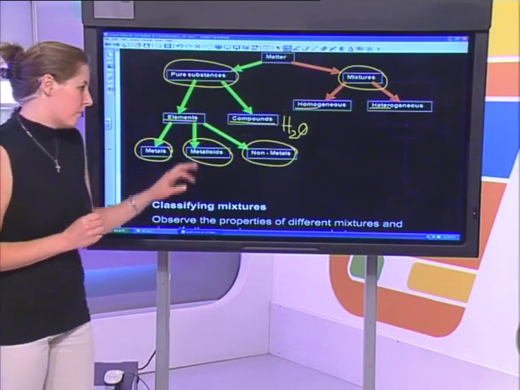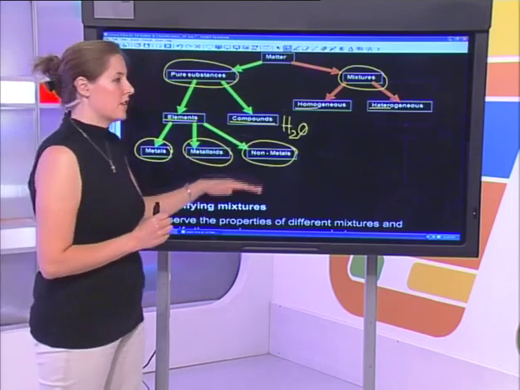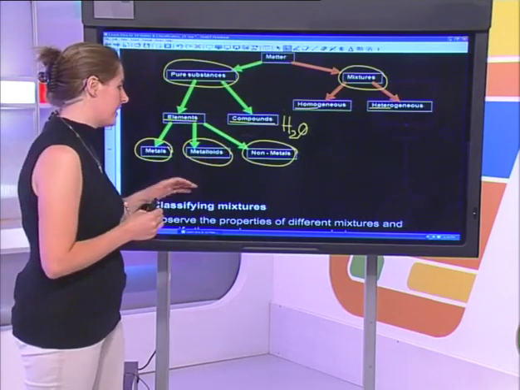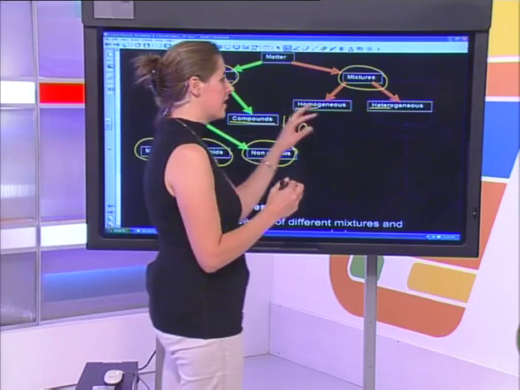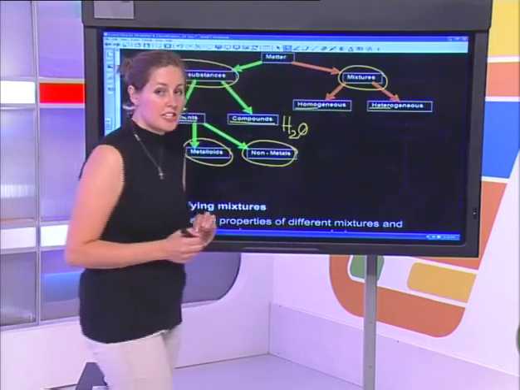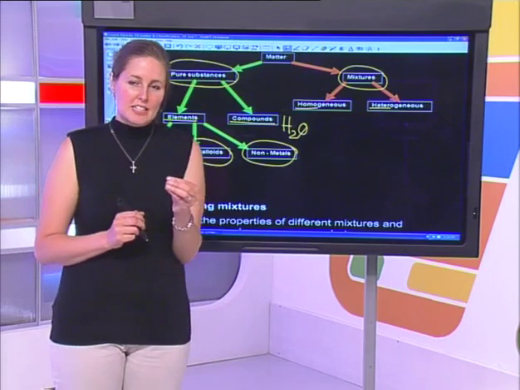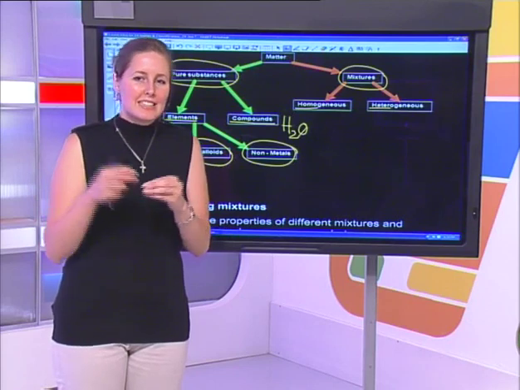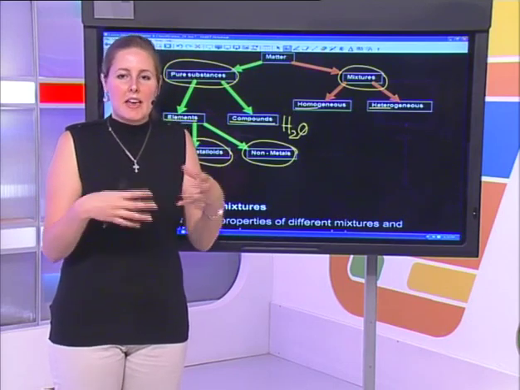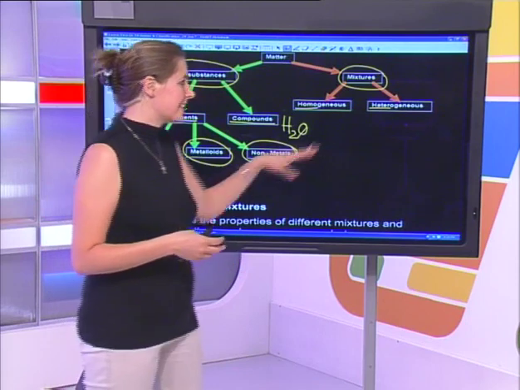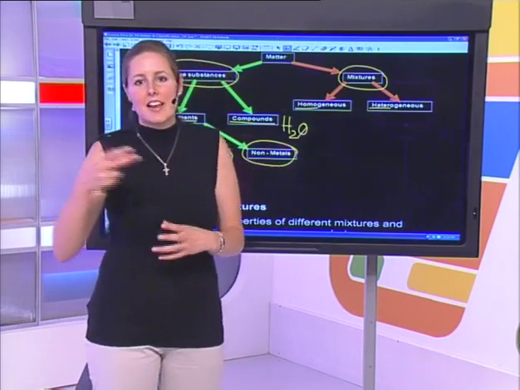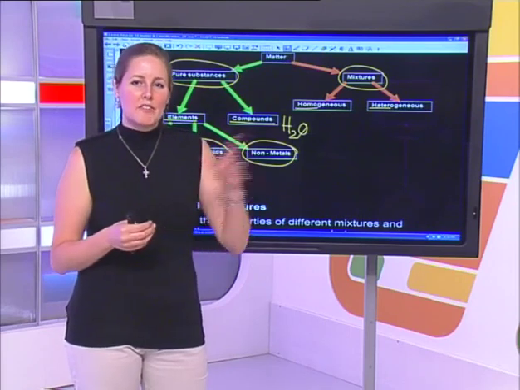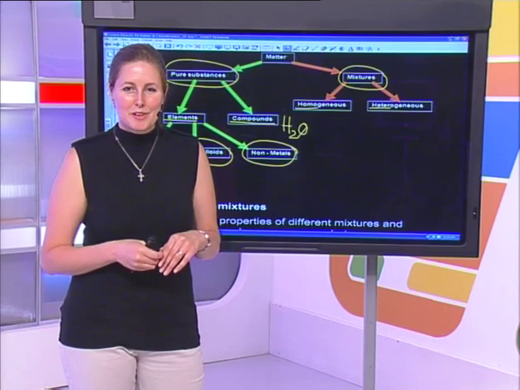So we're going to move on from here, and I'm sure as you go through your notes, you're going to spend quite a bit more time looking at those different properties of each. But I want us to jump back to this thought on homogeneous and heterogeneous mixtures. Now, once again, I said homogeneous mixtures are consistent throughout. You can't see the individual particles that are making up this mixture. Whereas heterogeneous, you can see the different layers, or you can see the different particles within it. So I've got a couple set up for you, and I'd like us to move across.